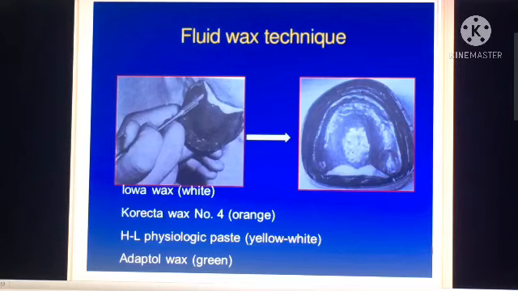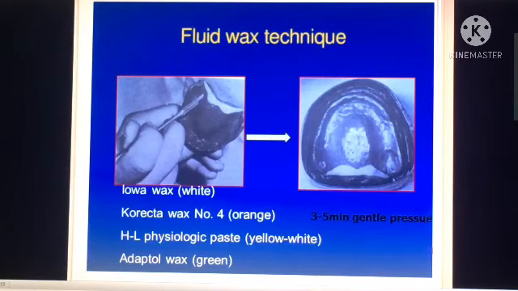If we are doing it with an elastomeric impression material, our secondary impression will be slightly resilient. So when you place the fluid wax and place it in the patient's mouth with pressure, there is a chance that it will distort the relationship between the wax and the impression surface. So always choose zinc oxide eugenol or impression plaster, as they will become rigid once they are set. You have to place the fluid wax into the secondary impression, insert it into the patient's mouth and keep it for 4 to 6 minutes.